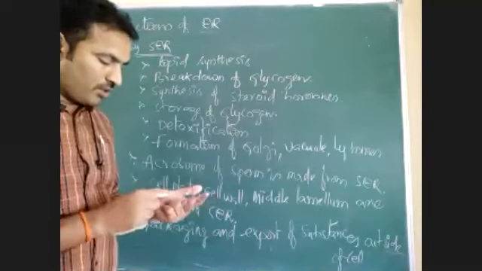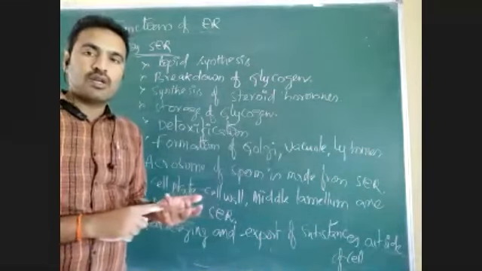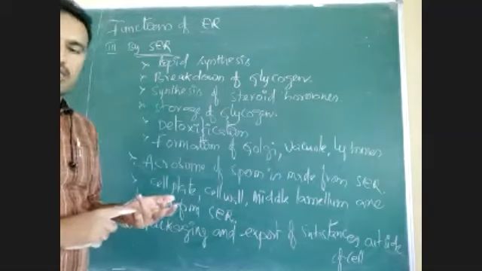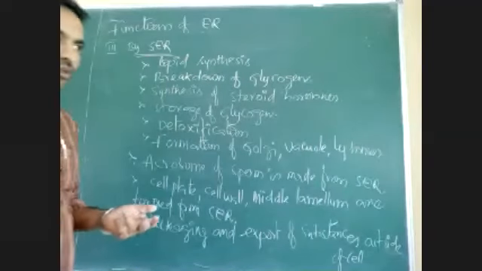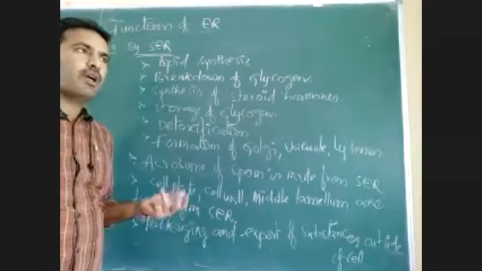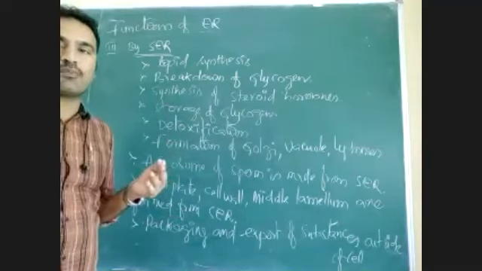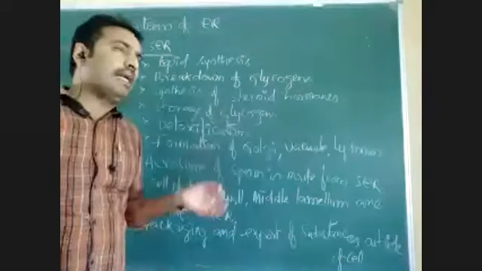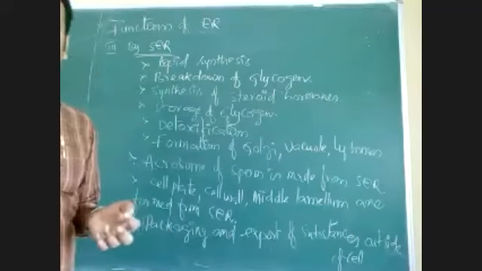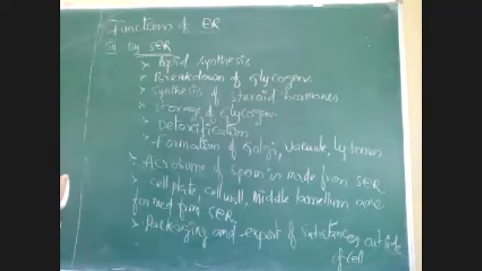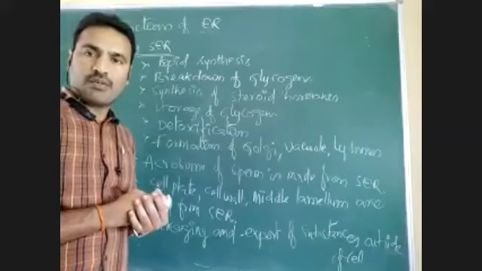So in total, rough endoplasmic reticulum and smooth endoplasmic reticulum. Rough endoplasmic reticulum performs functions like protein synthesis, because of the presence of ribosomes. Another function of rough endoplasmic reticulum, as I told you, is that it makes the nuclear envelope. Rough and smooth endoplasmic reticulum combinedly perform functions like transport and give skeletal support, and form desmotubules, like that.